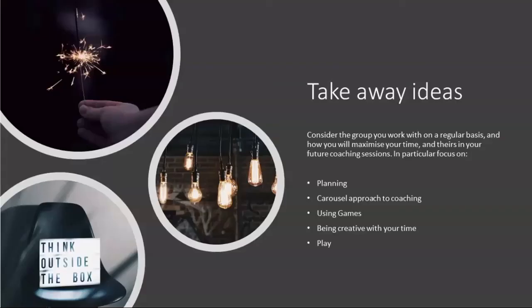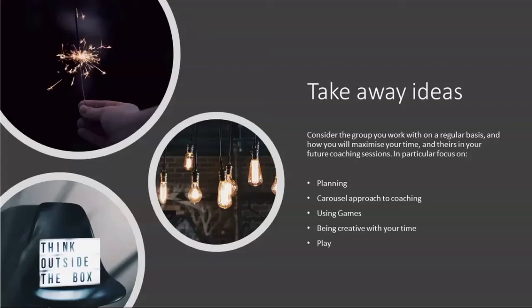Okay, that's all the slides. And just a few takeaway ideas for you, just to recap on what we've covered this morning. I was going to say tonight, we're used to doing these in the evening. So planning: make sure you give yourself some time, even if it's 5 minutes more than you're doing already, to plan something that's really simple, really clear, or engage the players in that process.